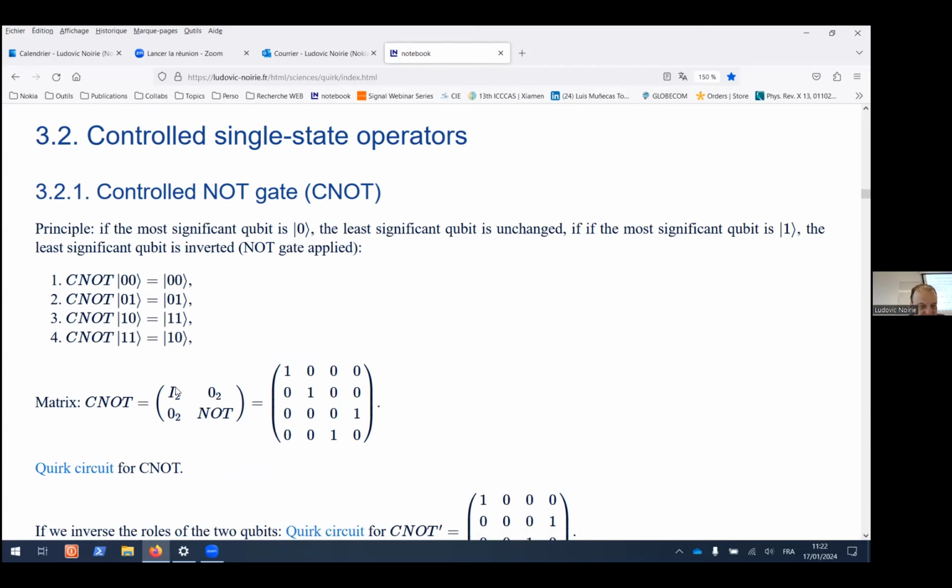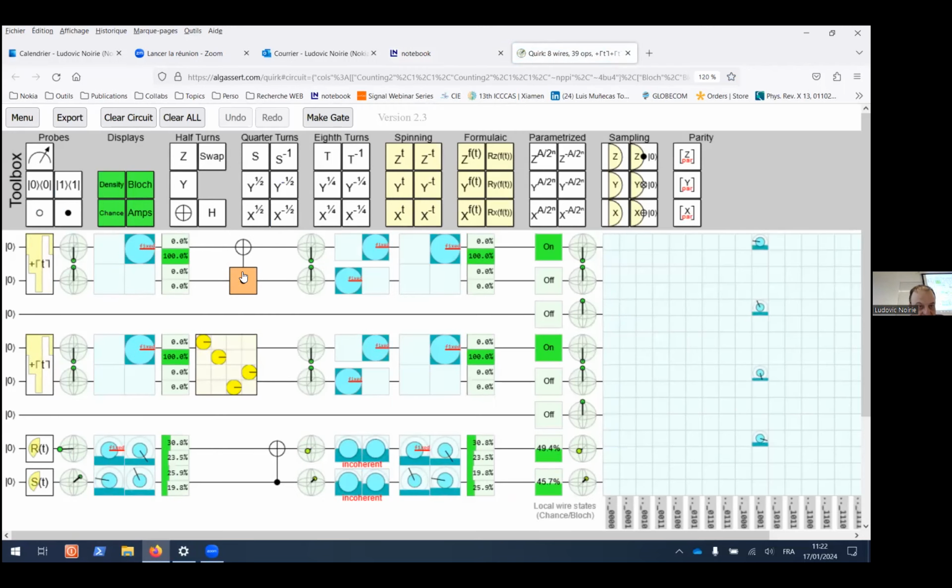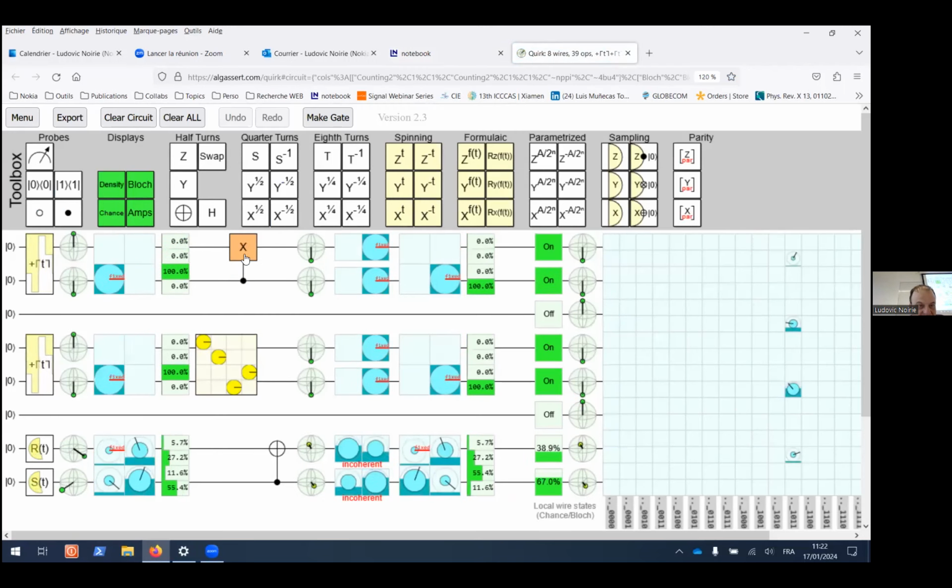So it is the NOT operation. And the matrix can be represented by the 2 by 2 identity matrix, the 2 by 2 zero matrix, and the NOT matrix here. And at the end, you have a 4 by 4 matrix with 1 1 0 0 on the diagonal, and these two instead. Because you have 0 0 here, you need to have a normalized vector here. You have 1 and 1 here. So here you have the matrix representation of the control NOT gate. So the quantum circuit is just this one. This gate is control NOT. The dark small circle is the control point, and it controls this gate, which is NOT.